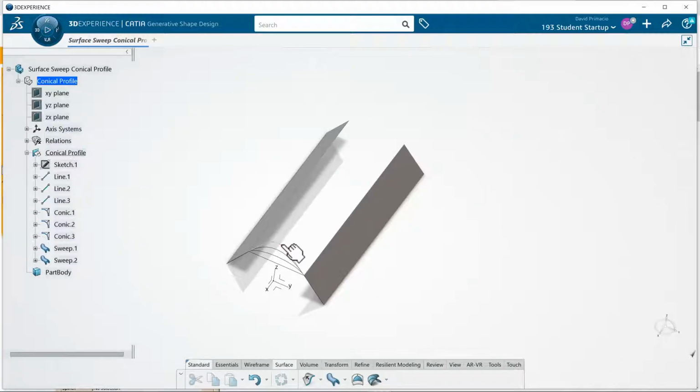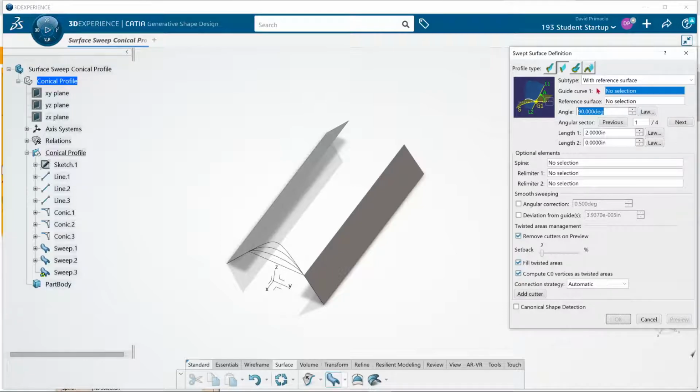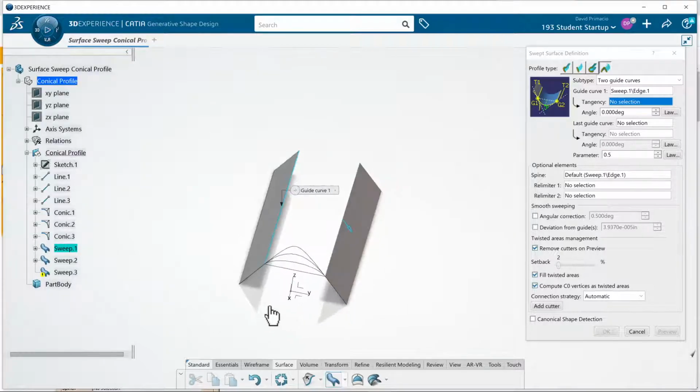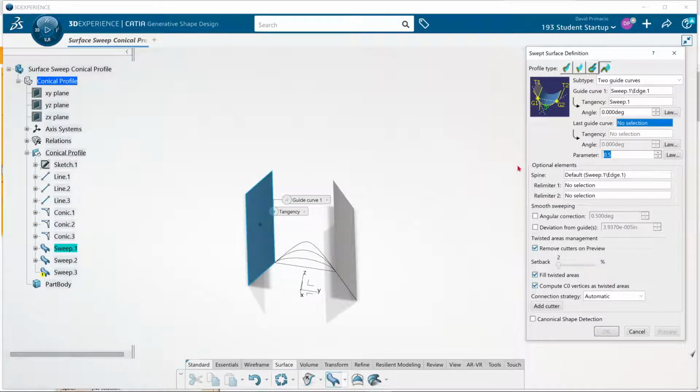So I could actually just take that and sweep it as well, since I already have a conic. If you didn't have that generated and you just had the surfaces, what you could do, and most commonly would do, is go right to the conic command and use two guide curves. Guide curve number 1 would be this curve here. That's that boundary that represents that point on that line. And then it's going to be tangent to this surface right here. So in the pop-up window, I've established the boundary curve on the top and the tangency, and it's going to ask